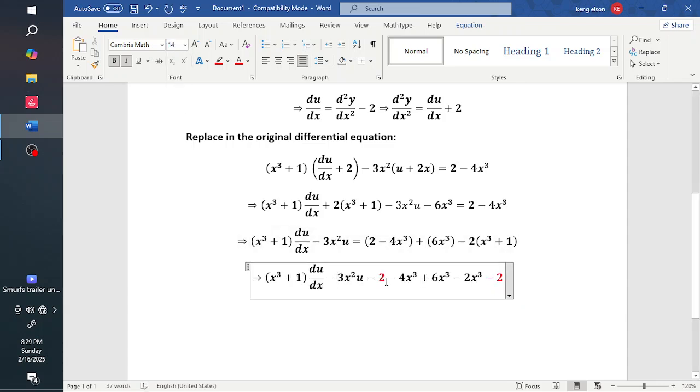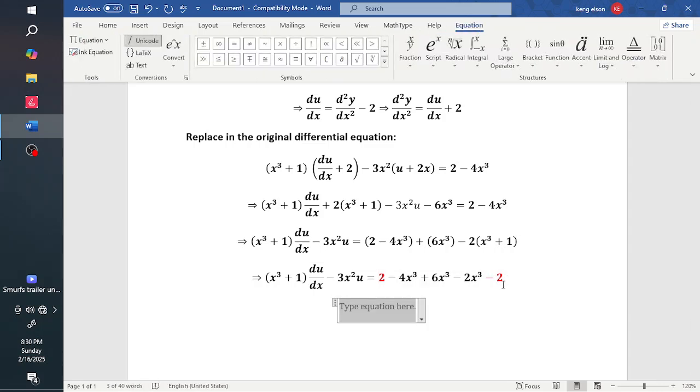Everything's supposed to be 14. Now you see that 6x cubed minus 2x cubed is positive 4x cubed, then plus negative 4x cubed is 0. So at the end of the day, everything on the right hand side simplifies to 0. Alright, so we are going to have something like x cubed plus 1 times du by dx equal to,